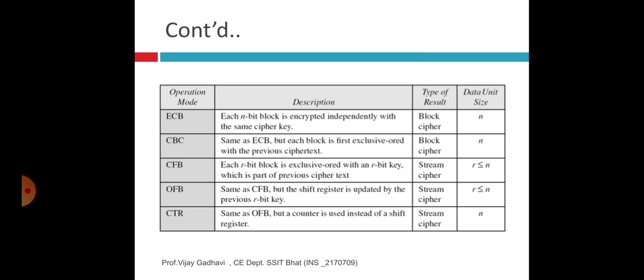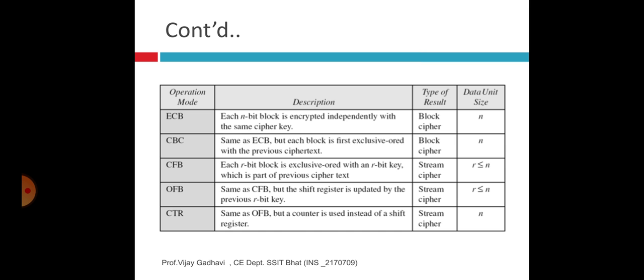Here we see in a table the various operation modes we already learned, to memorize the equations and descriptions, and what kind of result we get using each mode. ECB: each n-bit block is encrypted independently with the same cipher key.